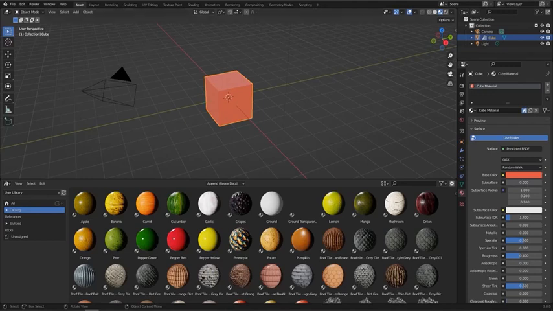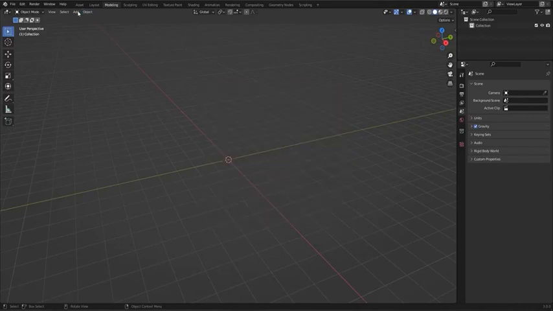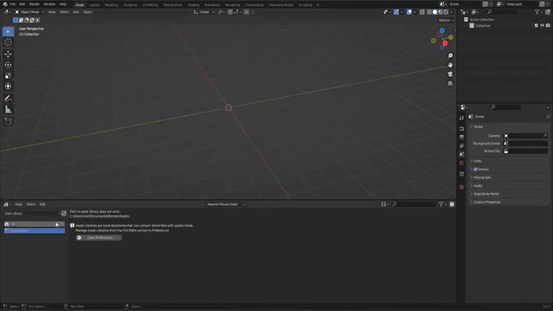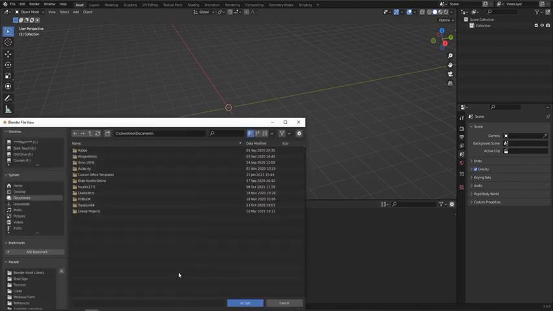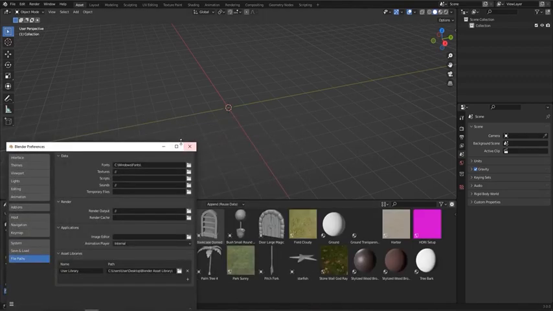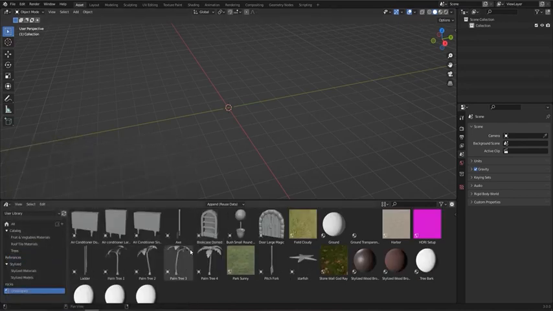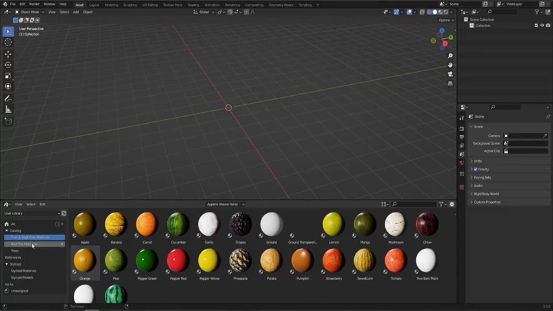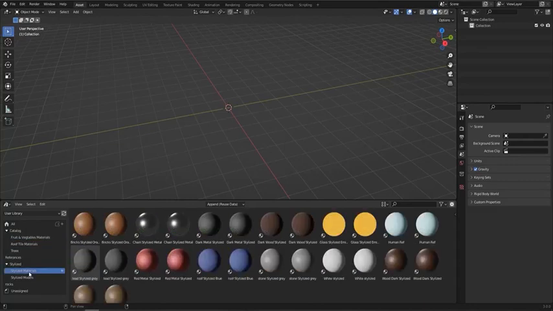we open Blender, so if I close this down and reopen Blender, you'll see you can go to your assets. And now we can go to our user library, open preferences, and find our Blender asset library, click accept, close that down. And there we go. You can see I've got all of my assets in. You can even see the ones that aren't assigned, but you can see I've got all of these assets